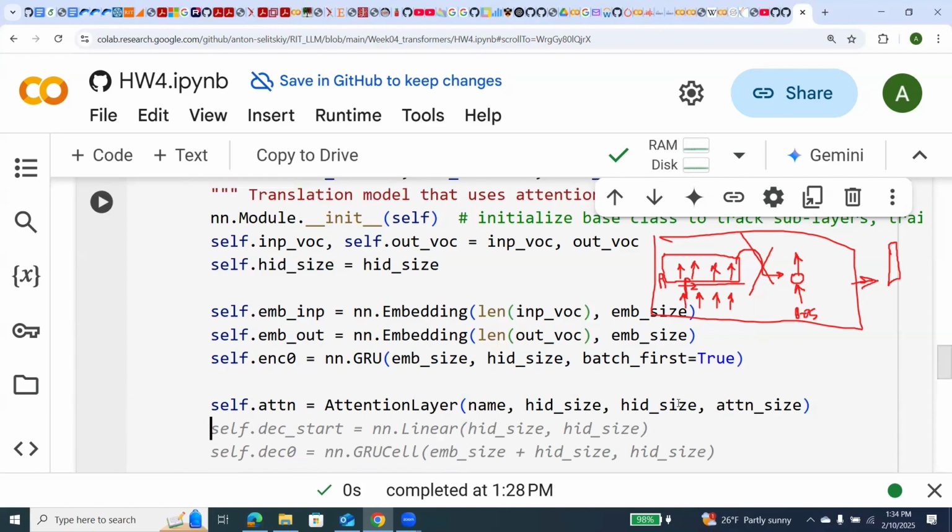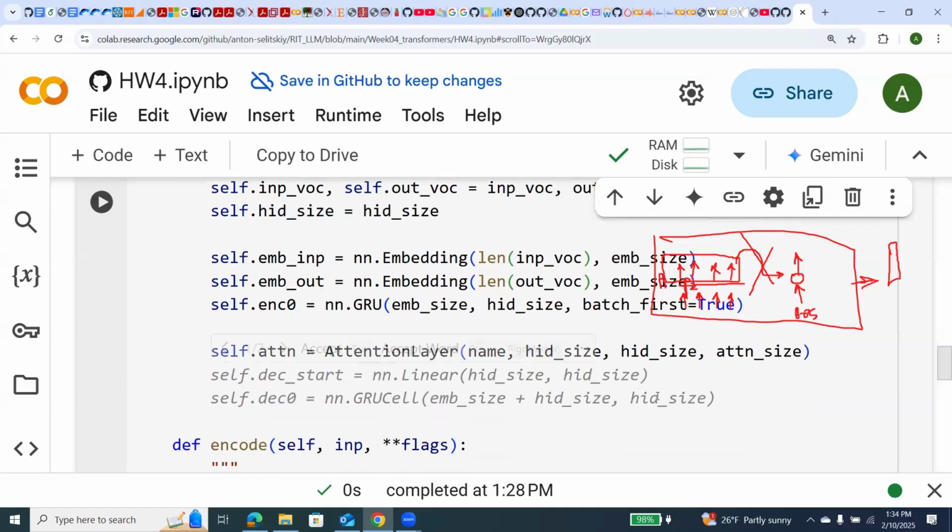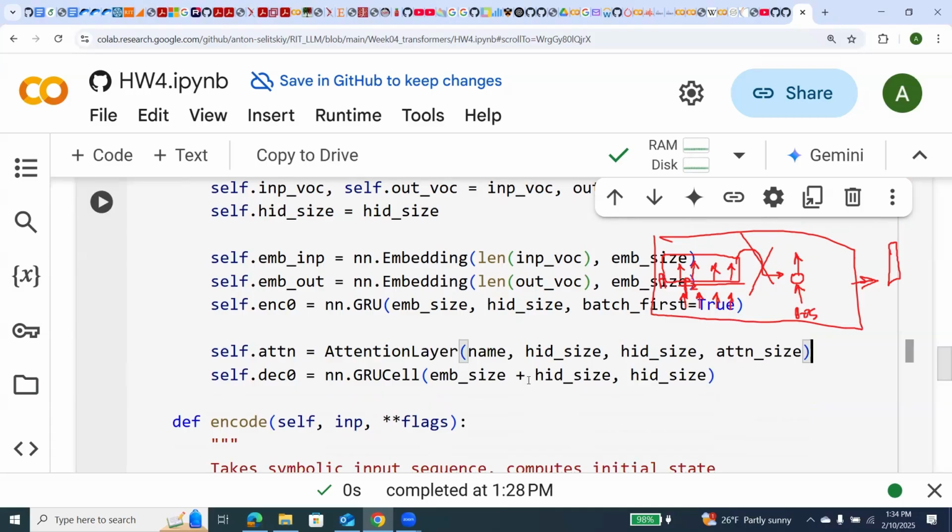Then we create, I don't know why it still wants to create decoder start. We will need to create decoder cell. Decoder cell. So I will remove this decoder start. Decoder cell,